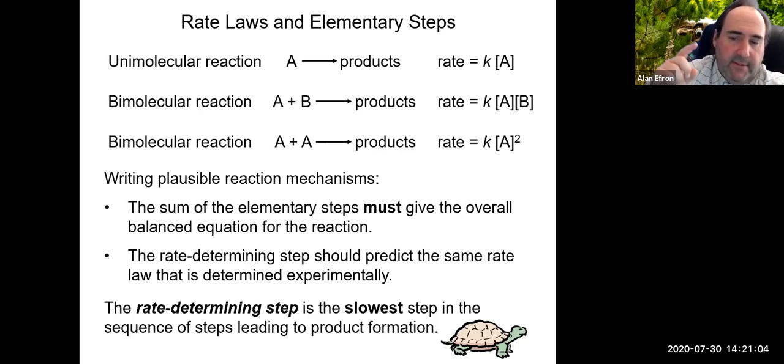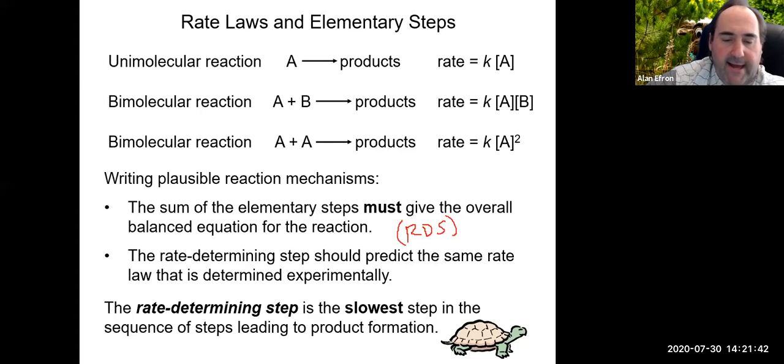Then the second most important thing is the rate determining step, which we're going to talk about in just a second. The rate determining step is sometimes abbreviated the RDS, for rate determining step, good abbreviation. The rate determining step is the slow step in the proposed mechanism. It is the slowest step in a mechanism, and because it is the slowest, it is the step that determines the overall rate of a